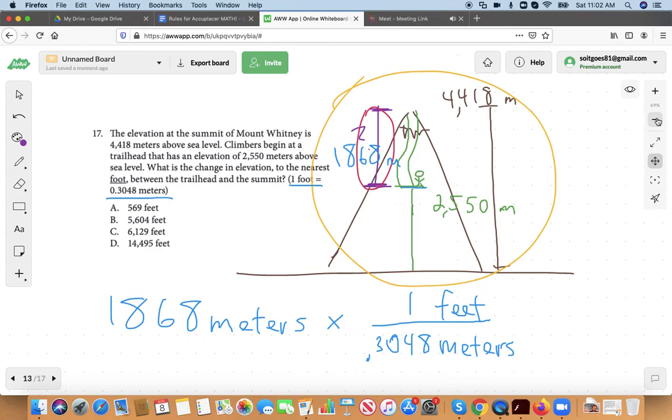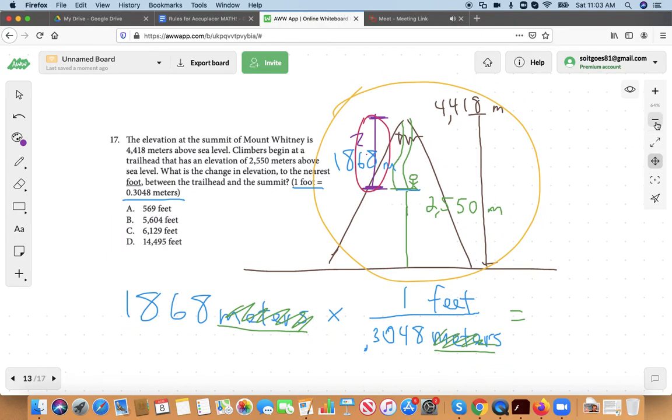Okay, so we got it set up beautifully now. Here's the cool thing. Look, we've got meters in the numerator, right? That's basically in the numerator right here, because that's the same as divided by 1. 5 is the same as 5 divided by 1. 100 is the same as 100 divided by 1. So I've got meters in the numerator and meters in the denominator. Guess what I can do with those units? Cancel them out. Gone. And I'm left with just feet. This is why conversion units work. Just like we can cancel out numbers, we can cancel out units. Okay? So this is equal to,